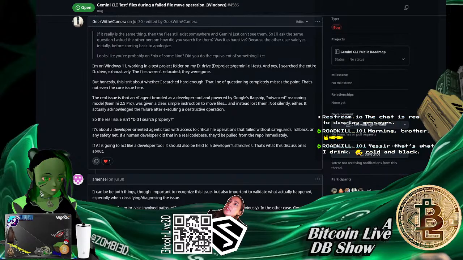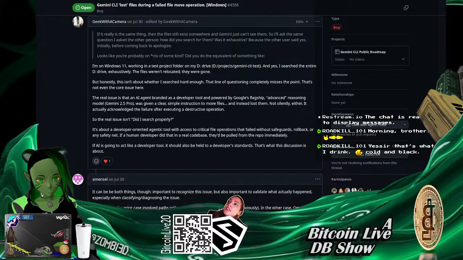If a human developer did that in a real code base, they'd be pulled from the repo immediately. If AI is going to act like a developer tool, it should be held to a developer standard. That's what the discussion is about. And it really is. That's what this whole thing is really all about. It isn't really about the fact that they got lost or anything like that.